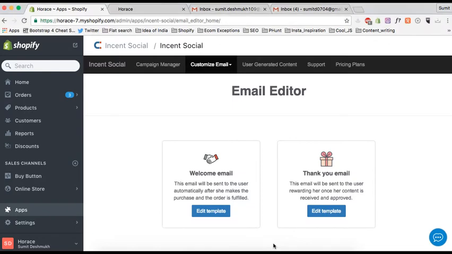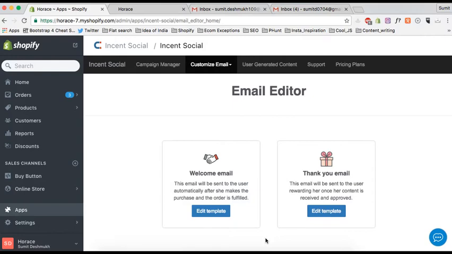In the Standard plan, that is this plan, the thank you email or the reward email is sent to the user when her content is received and approved. In the Basic plan, that is the other plan, there is no provision to reward the user. So this email is sent to the user when her content is added to the gallery.